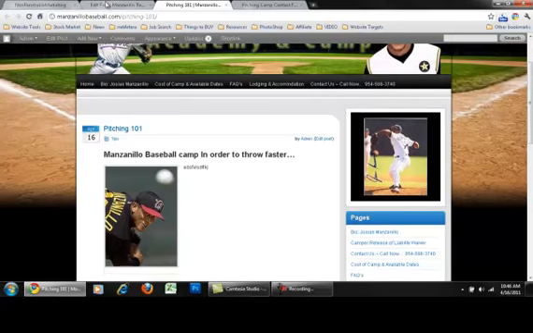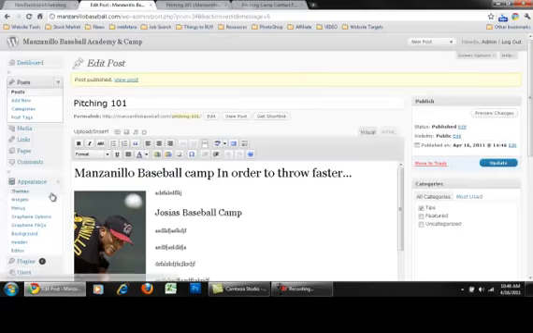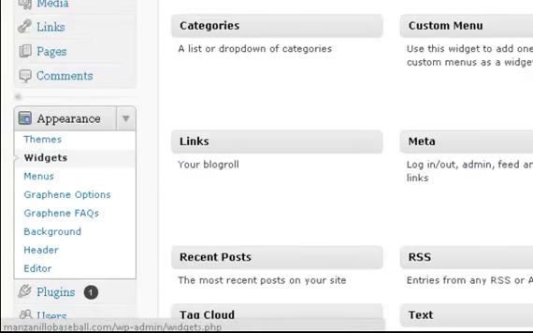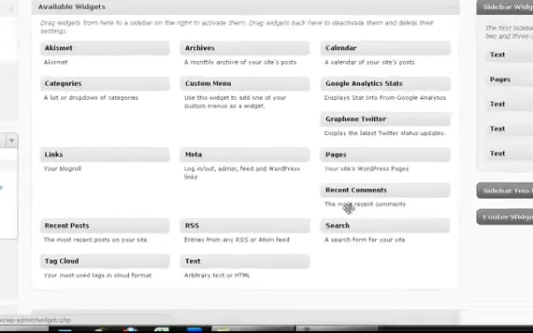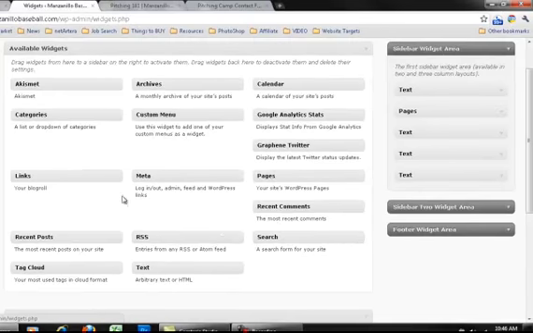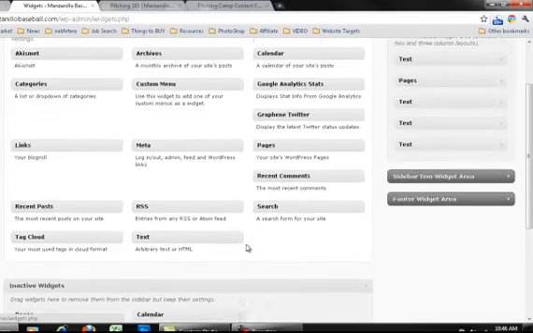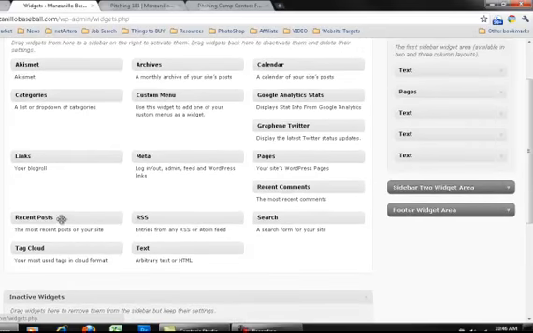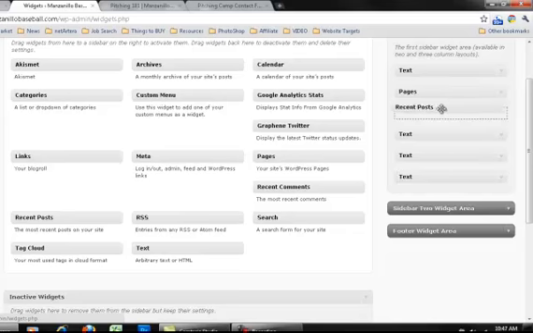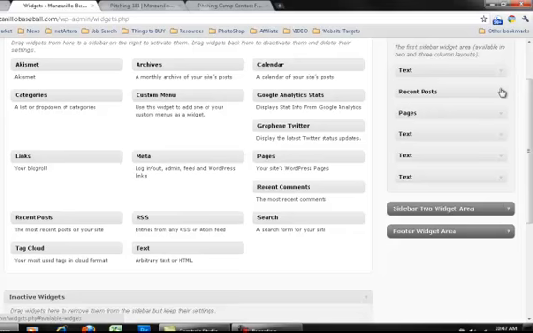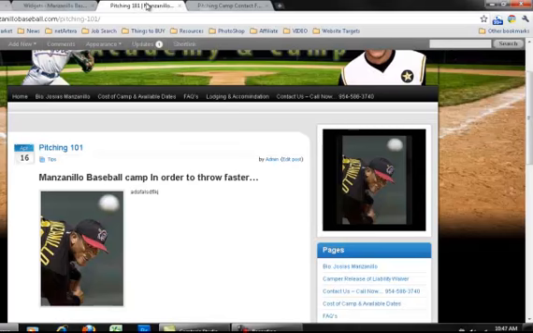In order to change that, we're going to go back into our dashboard, and we're going to come over here to where it says Widgets. This is the other thing, category area, if you will, that you're going to mess around with. You can grab this little widget right here. There's some pre-made widgets, and then there's some inactive widgets that you're probably not going to want to mess around with. If we grab the pre-made widget and it says recent posts, and we put that right there,